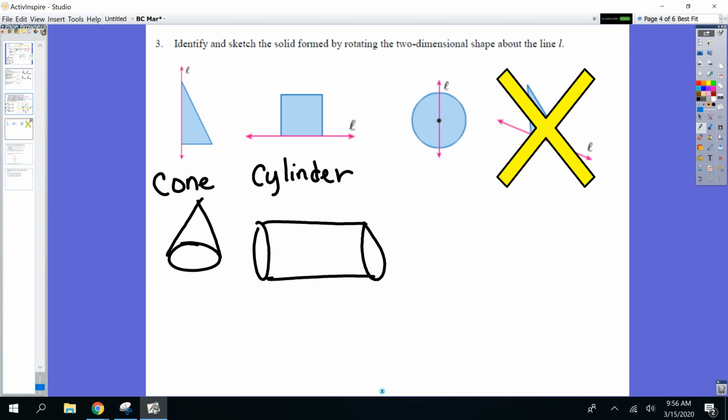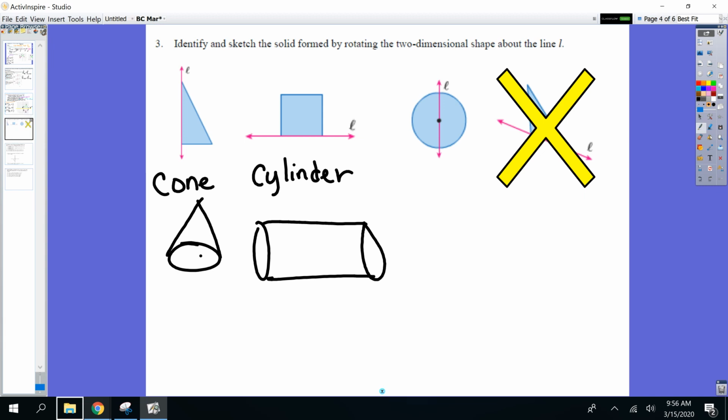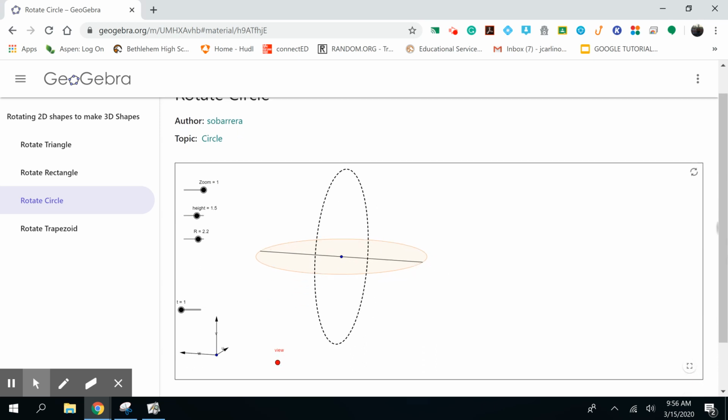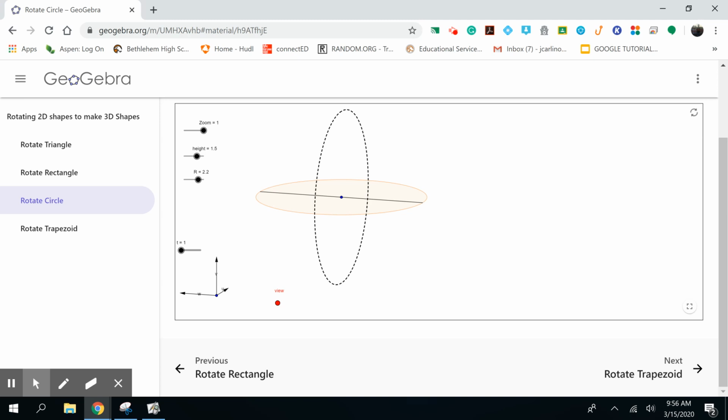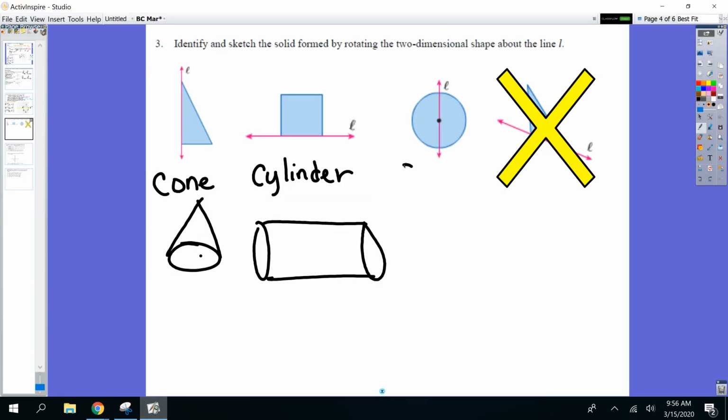What if I rotate a circle around that line and just keep rotating it around? What do you guys think in your head right now that that's going to be? Why not just yell it out loud while you're at home or wherever you are watching the video? Let's see what we got here. I'm rotating the circle, excuse me. All right, here we go. Rotating it around that line, and it ends up what we call in three-dimensional space a sphere. All right, so when I rotate a circle around a fixed line, it becomes a sphere. Okay, a sphere. All right, so cone, cylinder, sphere, those are the ones you're going to have to worry about